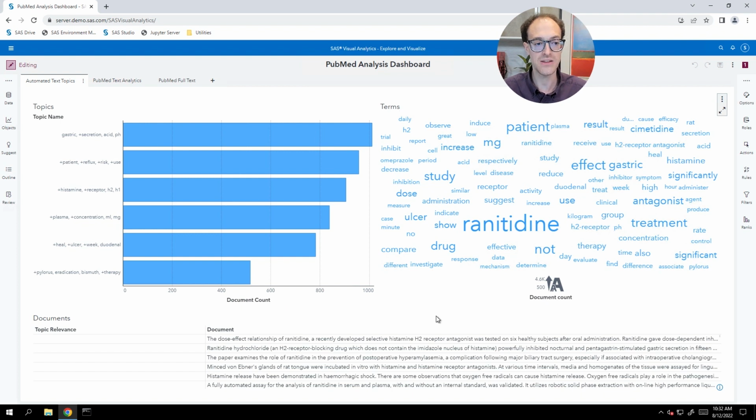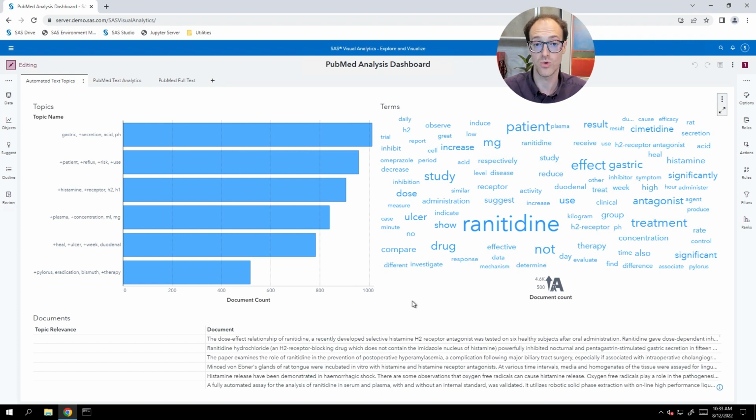And you can see immediately when I went to PubMed to search for abstracts, I specifically searched for topics around the drug ranitidine. The drug ranitidine is used for gastrointestinal problems, but it's been recalled as a result of the formation of cancer-causing chemicals in the drug. So what we're going to do is look through the literature to see if we can identify that association in the scientific literature abstracts, with the idea that perhaps if we'd done this analysis before the drug was recalled, we could have gotten extra information about the drug safety.